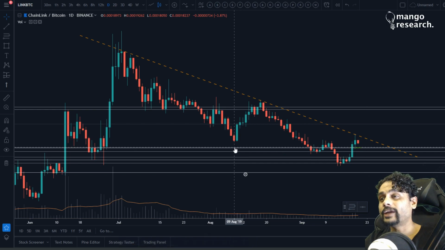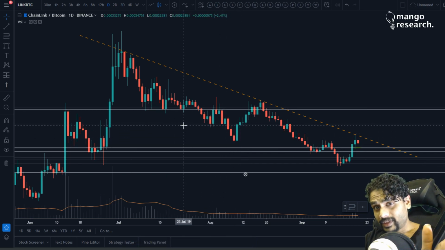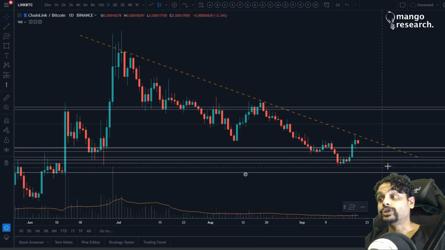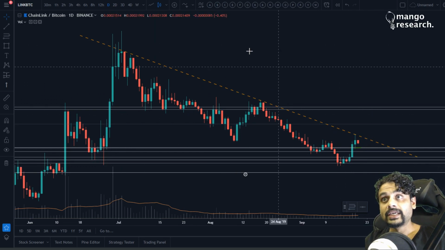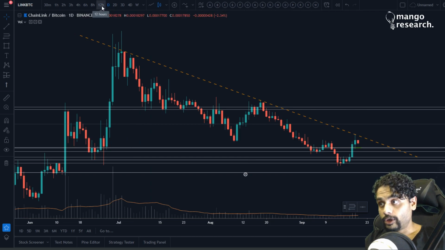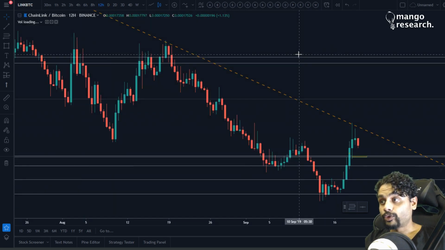But like I said, I don't care too much about the diagonal lines. I put more emphasis on the horizontal lines, right? Again, over here too, it's just for reference. That being said, let's go on over to the 12-hour, and the reason I want to talk about the 12